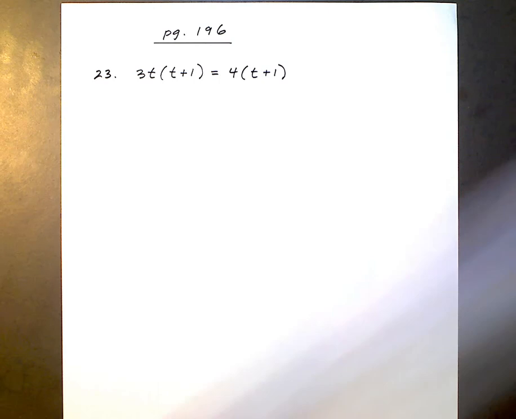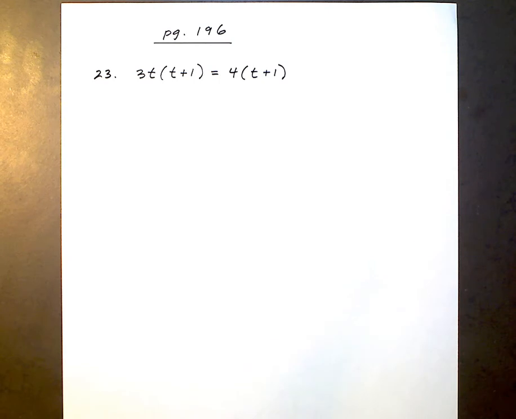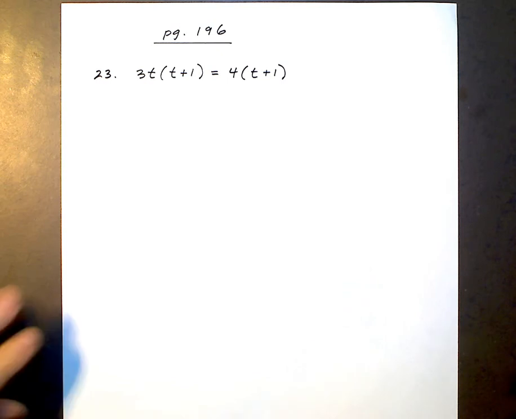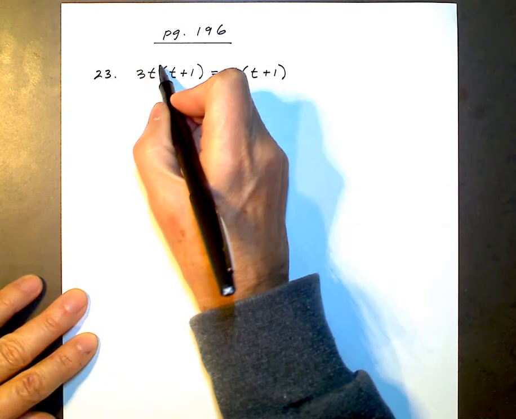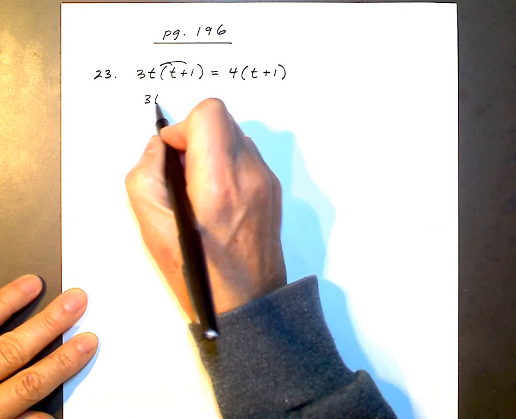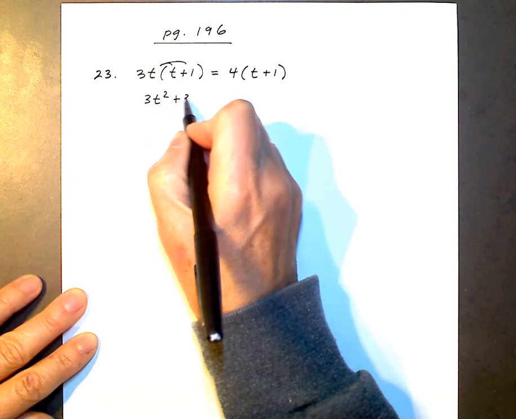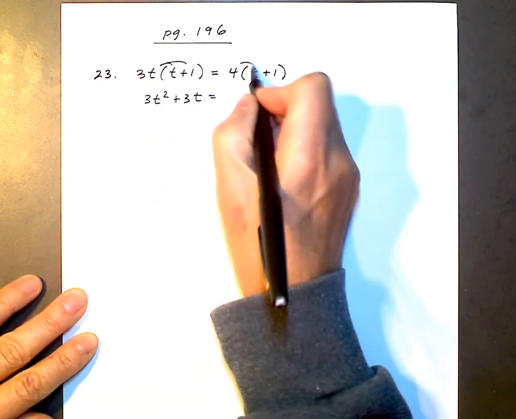Okay, this is problem number 23 on page 196, and this is where we're solving an equation here for t, and we're going to try and solve it by factoring. So first we have to get it into standard form. So I'm going to simplify the left side and the right side,